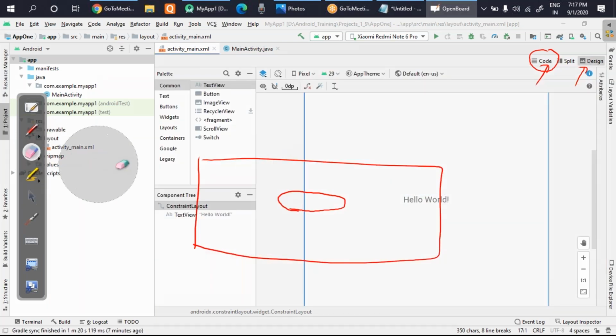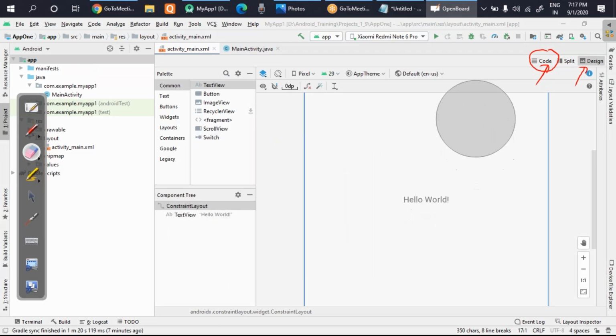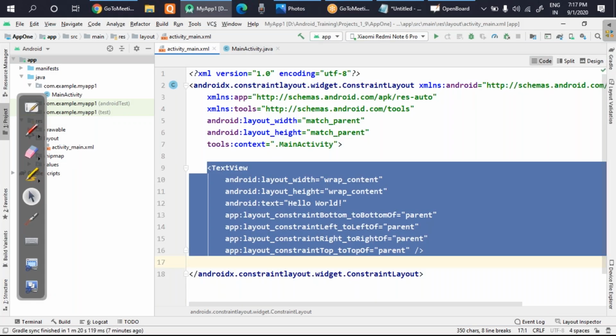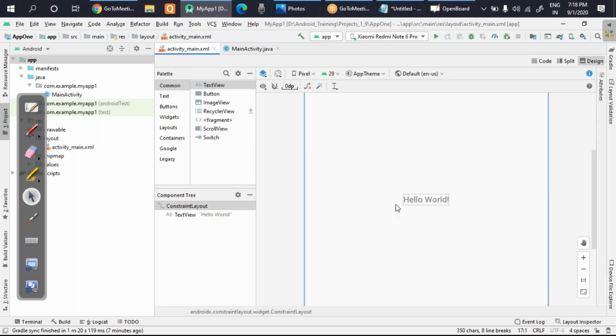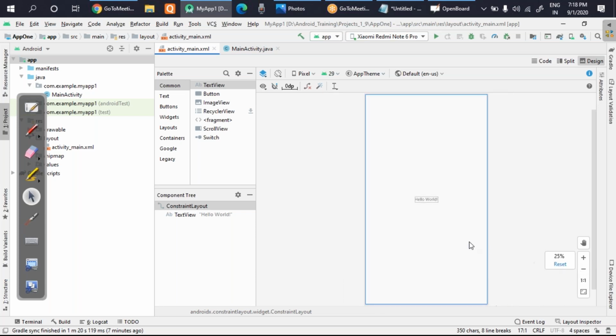As a developer, you always have to focus on the coding section, like what this code actually means. If I make some changes, what will happen? That is the thing we have to focus on. But as you are just starters, we will not directly start the coding part. We will first of all understand how we can develop the designs without coding. And later, maybe after the third or fourth day, we will also be doing some kind of coding in the designing section. So let's do something here.